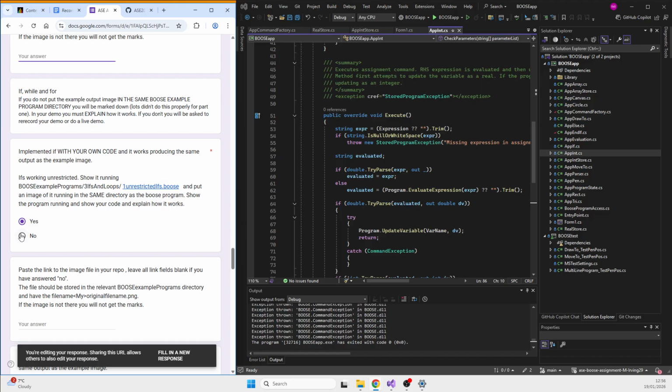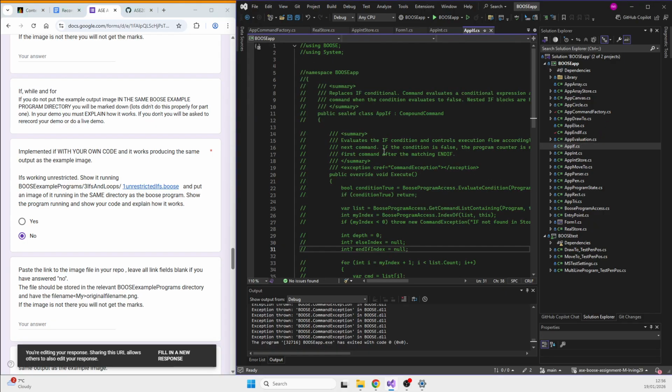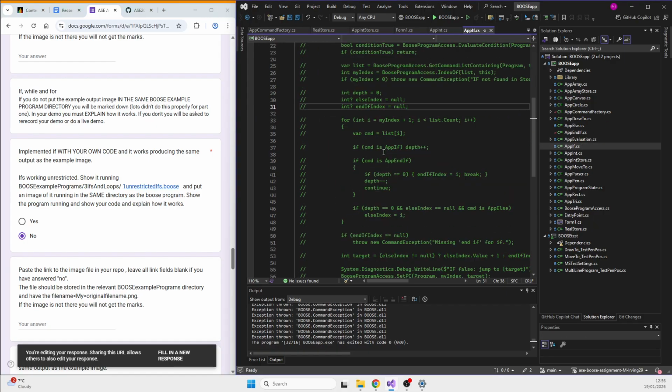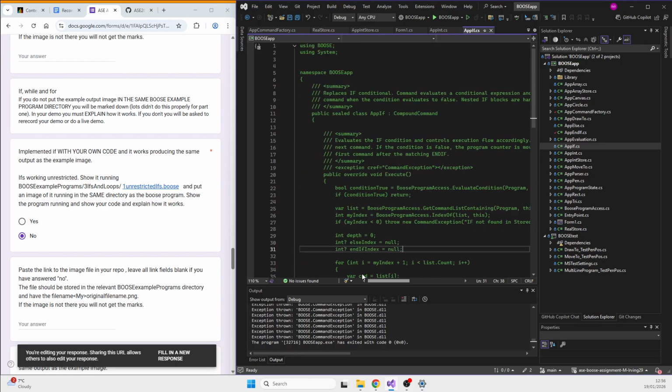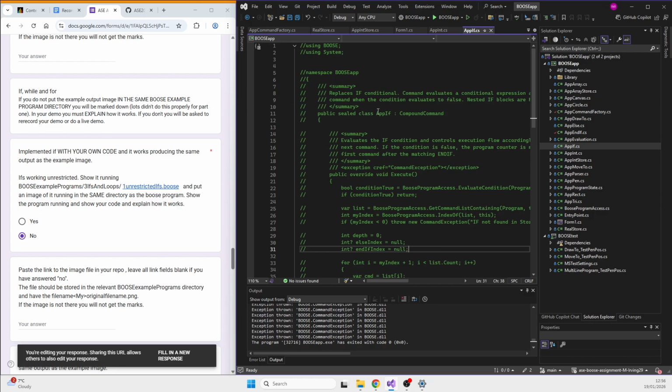And the ifs, it's a no. I don't know why that's a yes. I didn't manage to get it to work, but here is the double slashed code anyway. I'm not sure if this will score me anything, but I thought it was worth including, and you can see it on the GitHub as well.